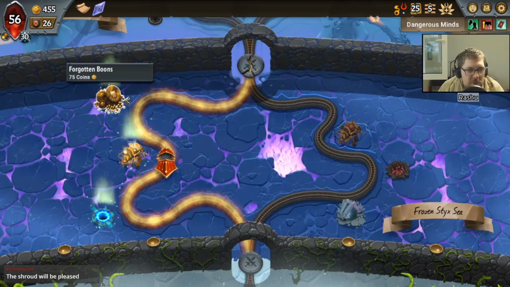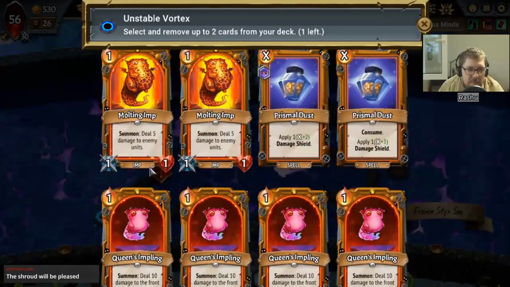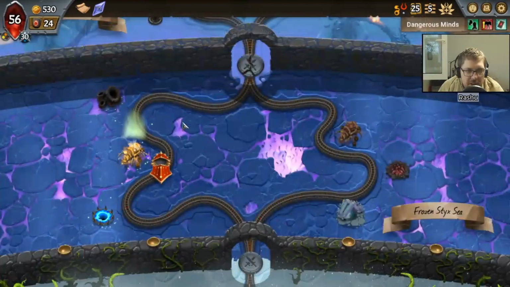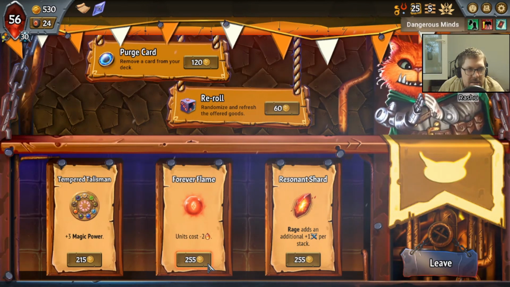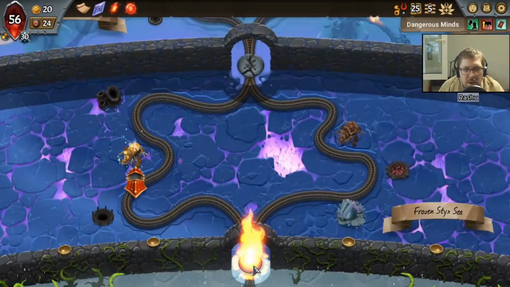I mean, we might as well remove again just to clean up the deck. Let's get rid of the Queen's Implings. Maybe Shade Splitters, actually. What do we get here? Units are free. And Rage, sure. So now what we want is any type of...